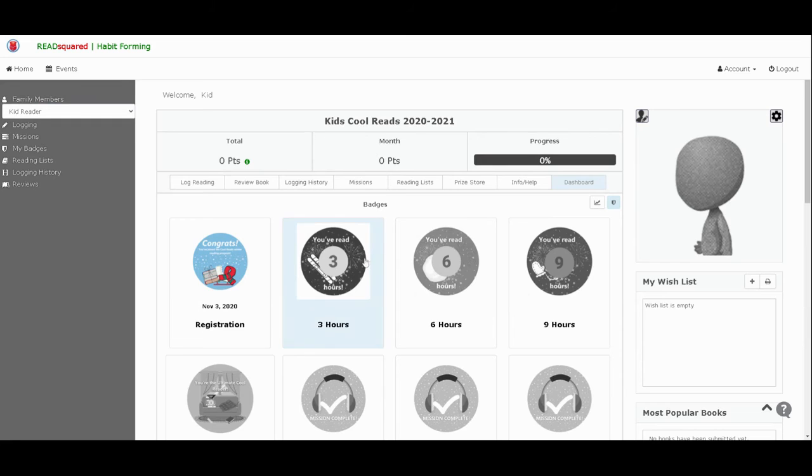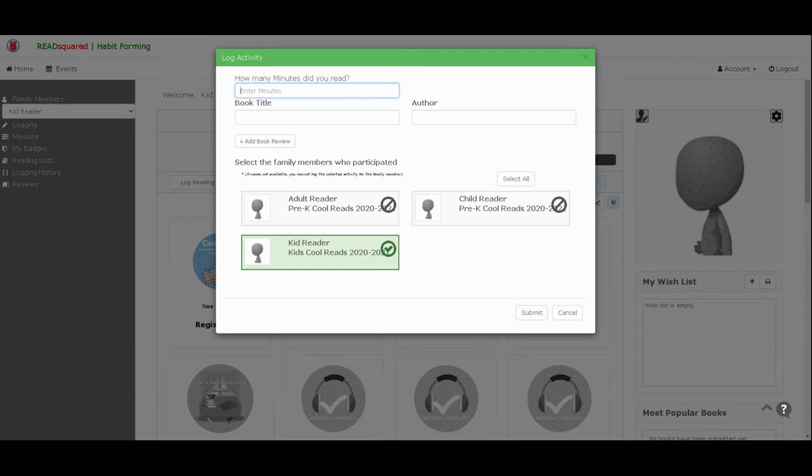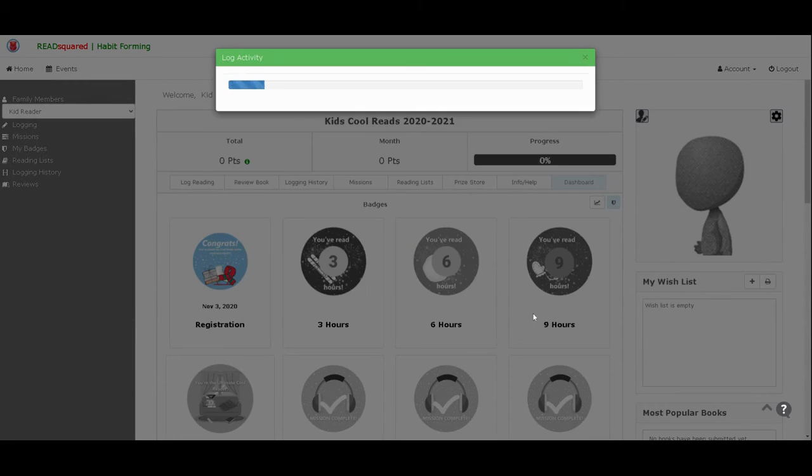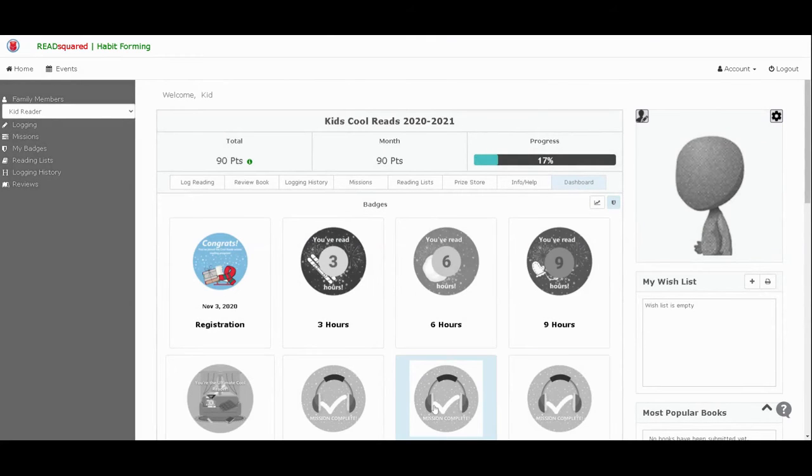The main difference is that the grade school kids are reading by hours and they're recording the minutes rather than the number of books. So when you go to log the books, you click on minutes, and if you read for an hour and a half, you read for 90 minutes, and you can add the book title and the author here, just like in the preschool program, but once again, it's not required. So you just click submit,